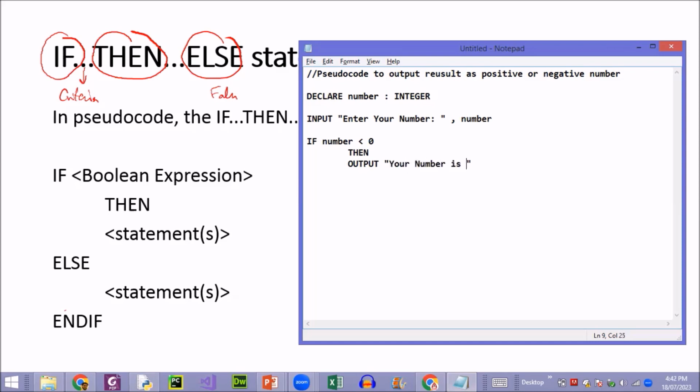The number is negative. Sorry, if your condition is true, then this is negative. Sorry for that. And if the condition is false, then your number is positive, and your condition ends